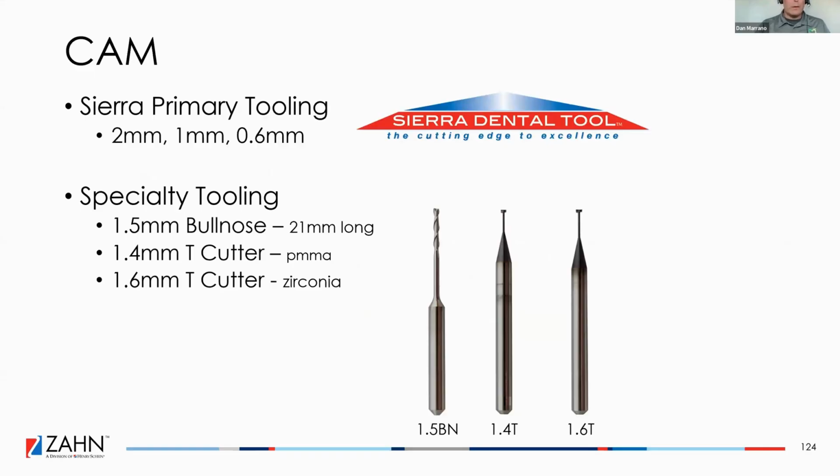The tooling that we use with it, we just use our Sierra primary tooling, the 2 millimeter, 1 millimeter, 0.6. They give a good result. We don't have any of the waves or chipping, and they last a good amount of time. The specialty tooling that hyperDENT brings in is this 1.5 bullnose, which when I first bought hyperDENT, they told me